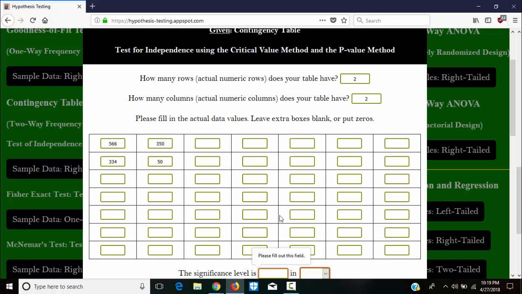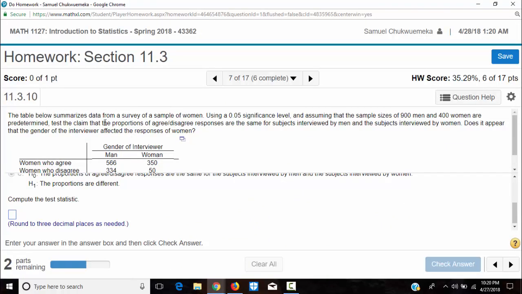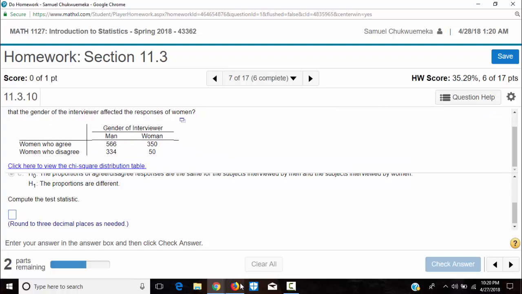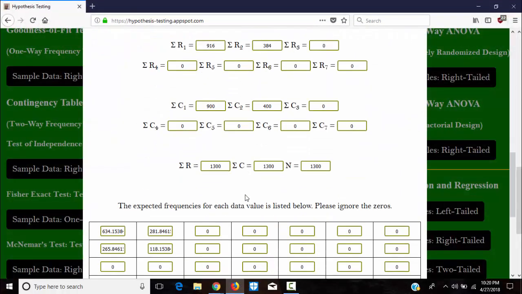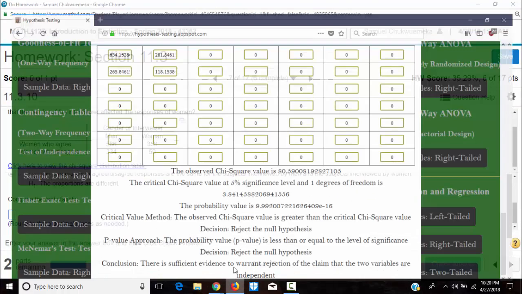And that is 5%, right? 5% significance level, or you put 0.05 in decimal. Okay. Calculate. So the test statistic to 3 decimal places